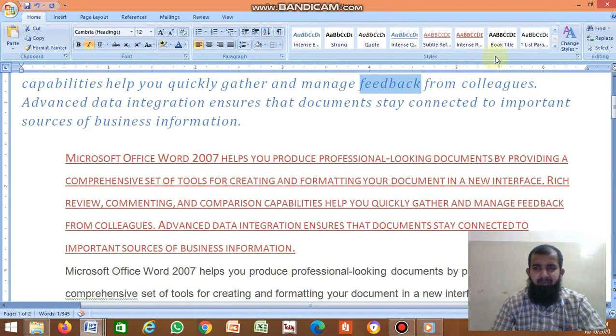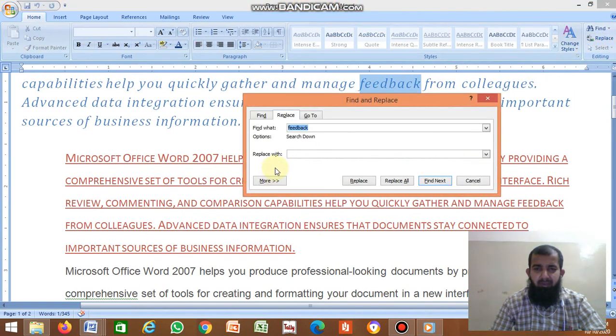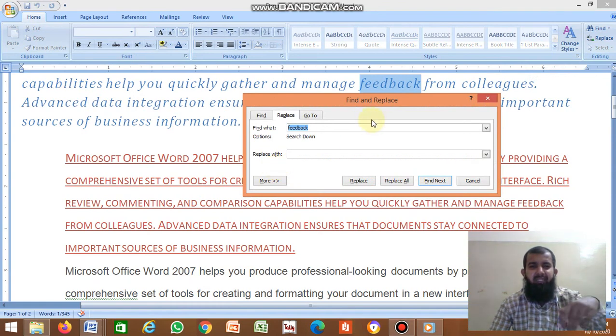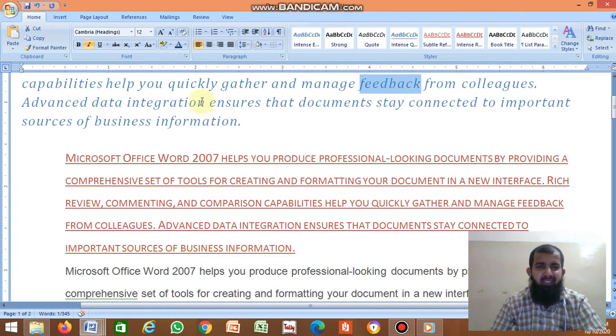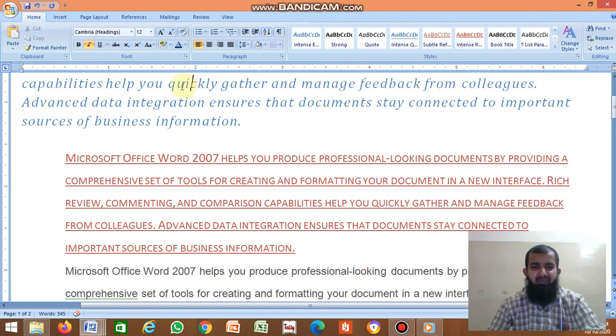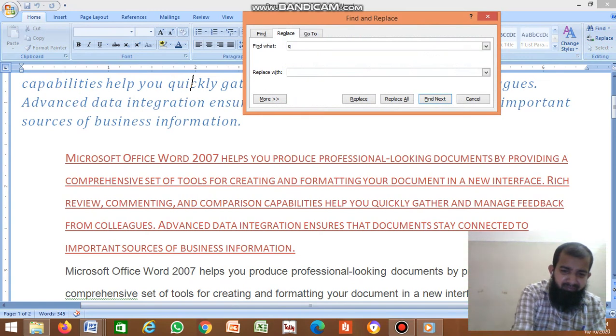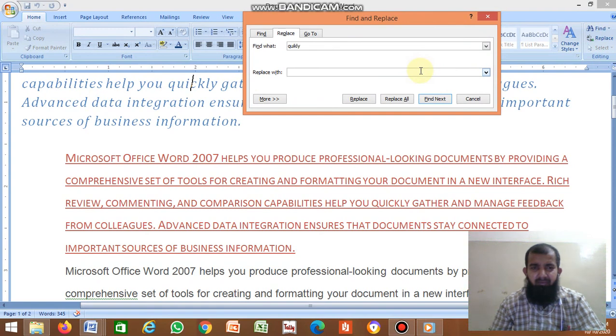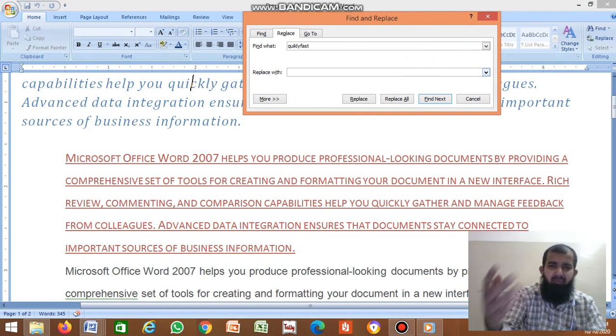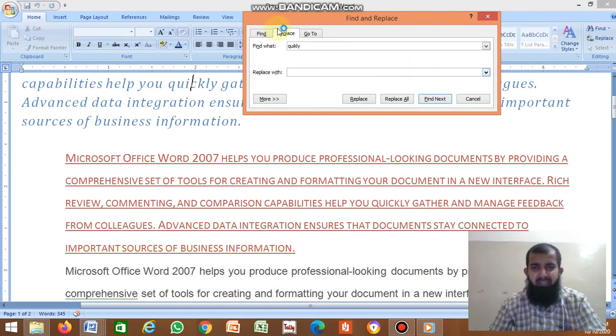Next, replace. You want to replace one word with another word. Assume that instead of quickly you want fast. Go to replace, type quickly. In place of quickly you want fast, so in replace with, type fast.